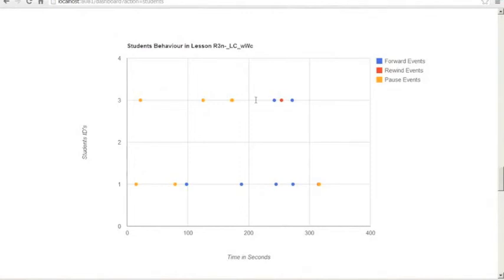In the first plot, we can see the behavior of each student individually. For instance, we can see the parts that he skipped, the parts that he rewatched, and the parts where he paused the video. Moreover, we can see that student 2 and student 4 have not generated any events at all. So it seems that they just watched the video from start to, let's hope, end. We can see that from the previous chart, without any events, so this is a good indication for the video.